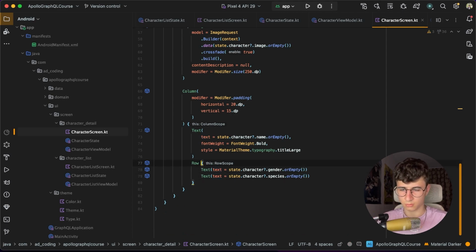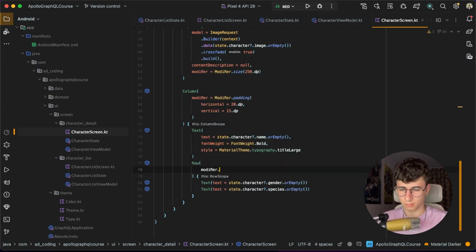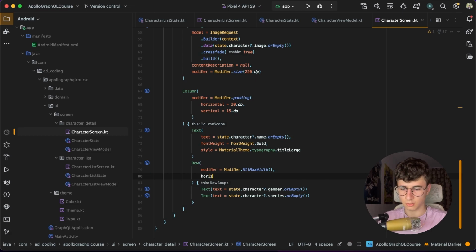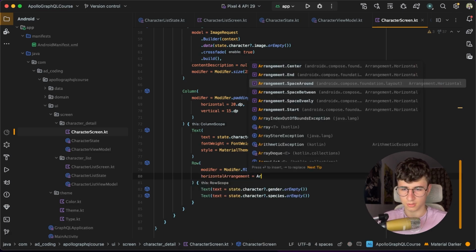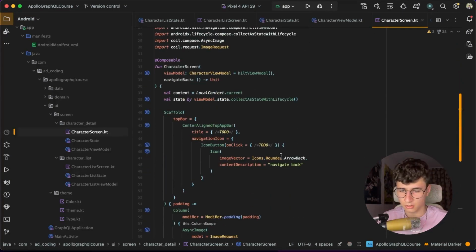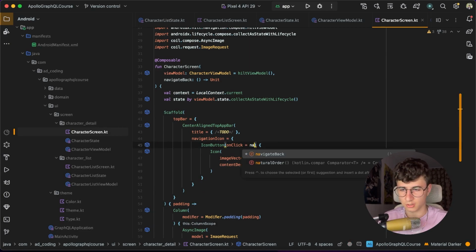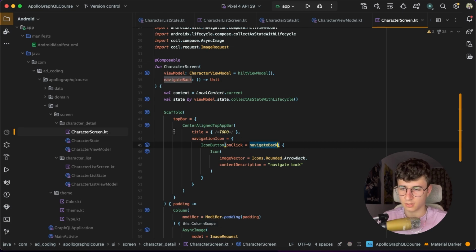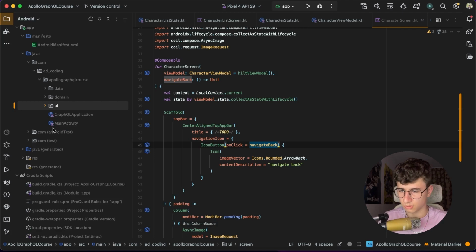Now we want to make this fill the max width with modifier fillMaxWidth and say horizontalArrangement is Arrangement.SpaceAround, and before setting up the navigation we have to add the navigateBack function on the navigation icon. So navigateBack, and now let's collapse these and go to the MainActivity